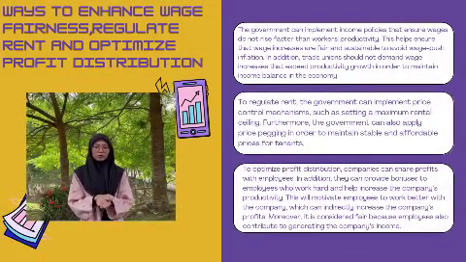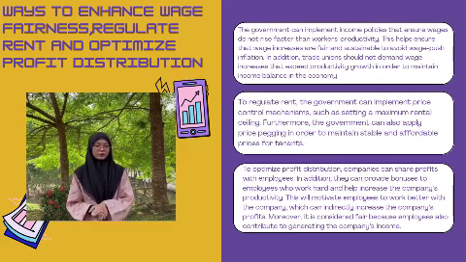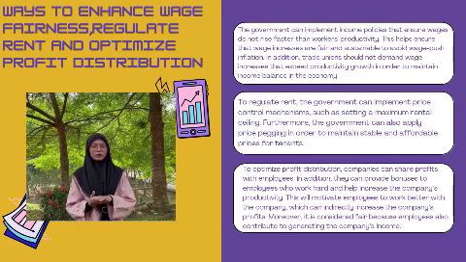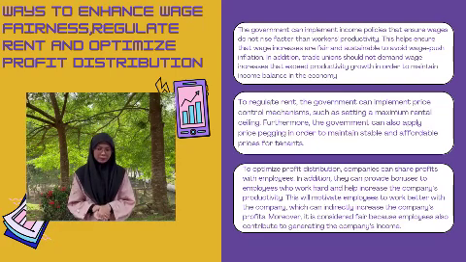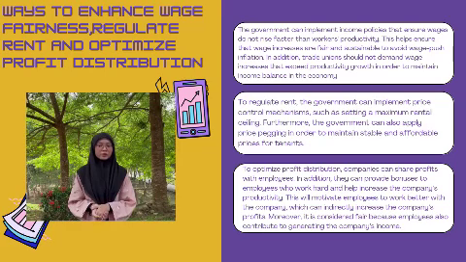Now, move to ways to enhance wage fairness, regulate rent, and optimize profit distribution. Ways to enhance wage fairness, the government can implement income policies that ensure wages do not rise faster than workers' productivity. This helps ensure that wage increases are fair and sustainable to avoid wage push inflation. In addition, trade unions should not demand wage increases that exceed productivity growth in order to maintain income balance in